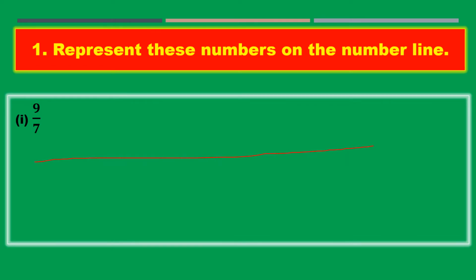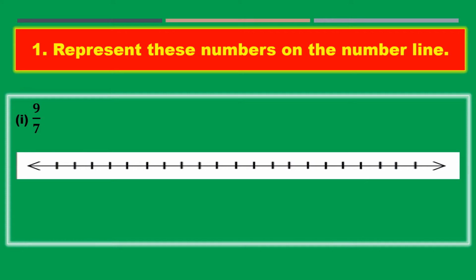Simple. See here, the procedure is you should see the denominator. Take denominator and take from 1 by 7, 2 by 7 in that way. So if the denominator and the numerator are same, then only you will get 1, right? So here the denominator is 7. When the numerator is also 7, then only you will get 1. So at 1 it is 7 by 7.